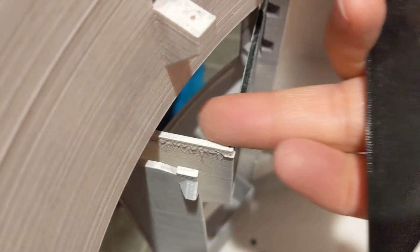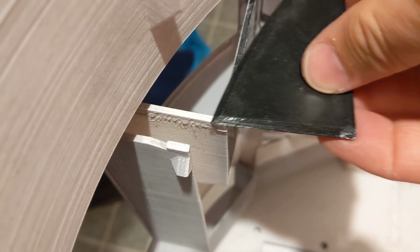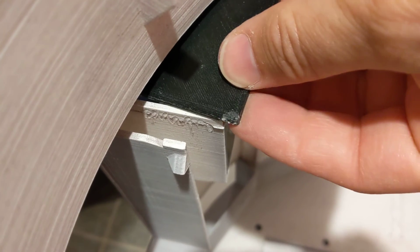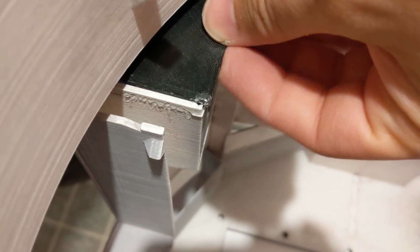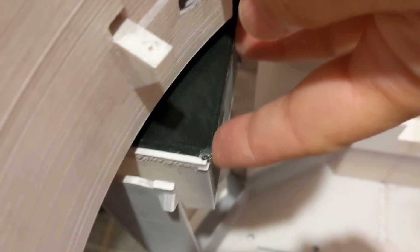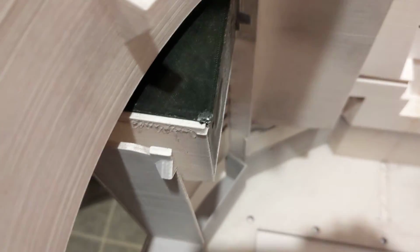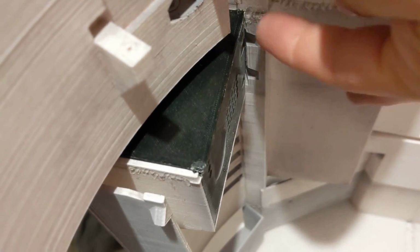across, where's my finger at? Across the top in this channel, because it slides into that channel. And then the front of it slides into a channel in the front. So I put glue all around this thing and slid it in and like I said, to eventually have access to your arms is probably just to put it in place like this, and then maybe just put some hot glue in the corners. And that way, if you ever need to remove it, you don't have to do what I did, which was take an X-Acto knife and keep scoring and scoring and scoring around this